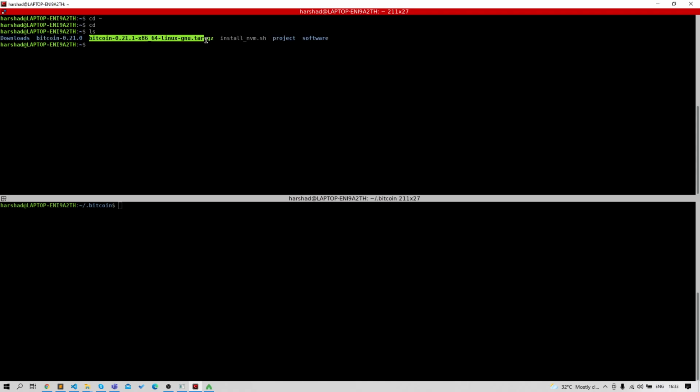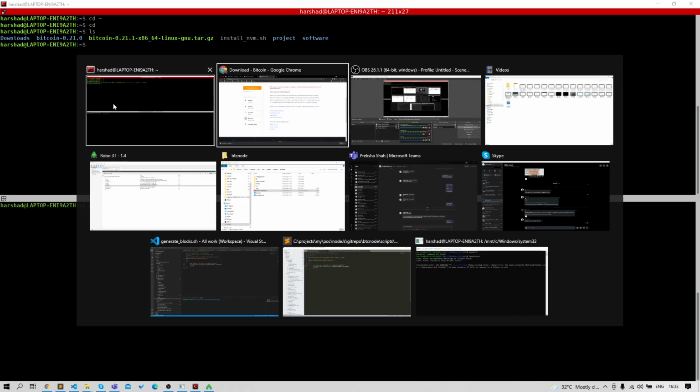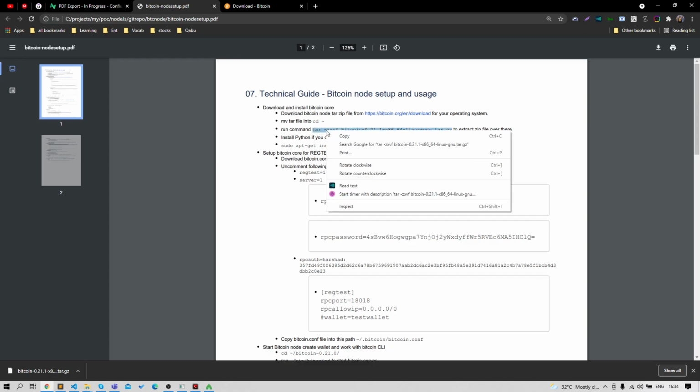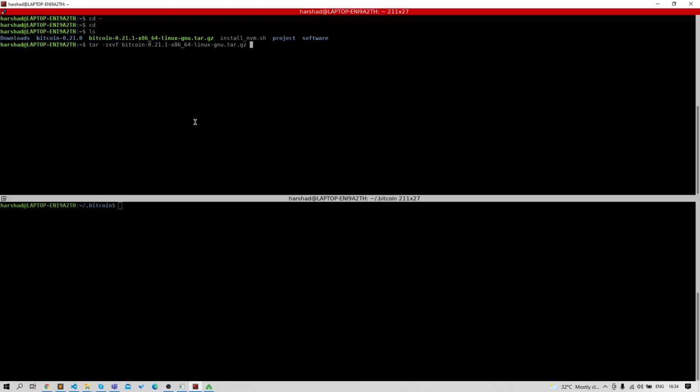Here you can see this tar file, I have already downloaded it. To extract this tar file, the command is given in this documentation. It is tar zxvf and the name of our tar file. So this way we can extract the tar file over here.